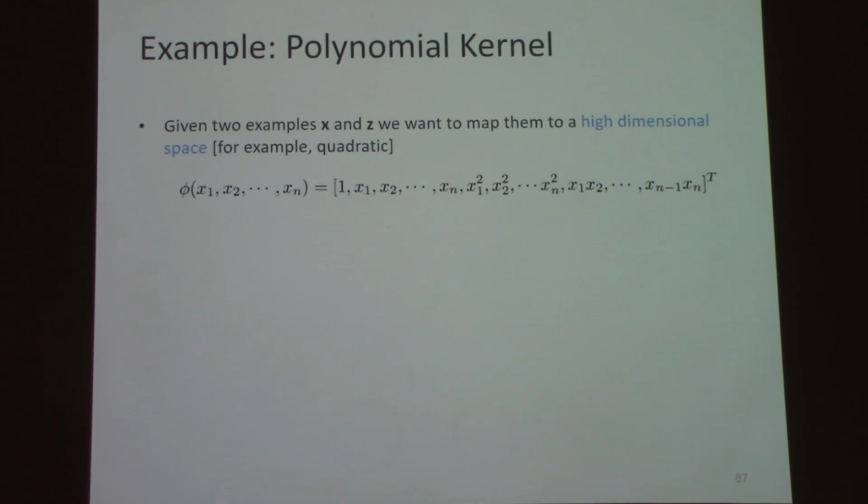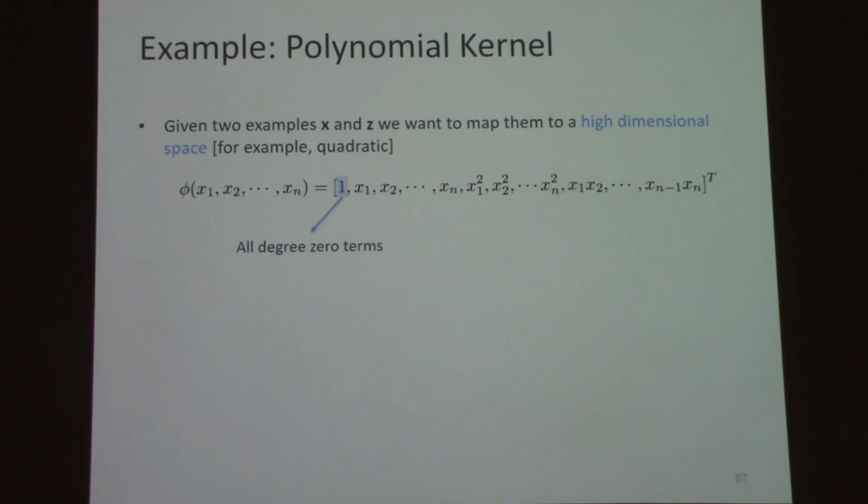In order to do that, let me give you an example of something called a polynomial kernel. In fact, here's an example of a quadratic kernel. Sometimes instead of feature transformation, you'll see the phrase lifting map. Here's a quadratic lifting map. It lifts examples from the linear space to the quadratic space. How? By creating one feature for